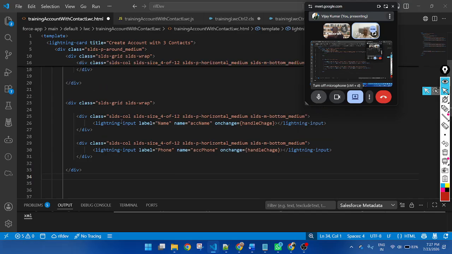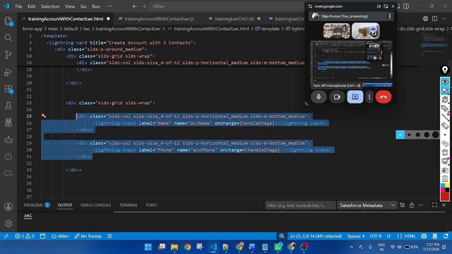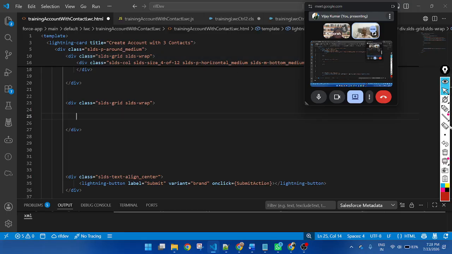And here, before the div, delete one, div class equal to SLDS col SLDS size 12 of 12. I am covering the full row.